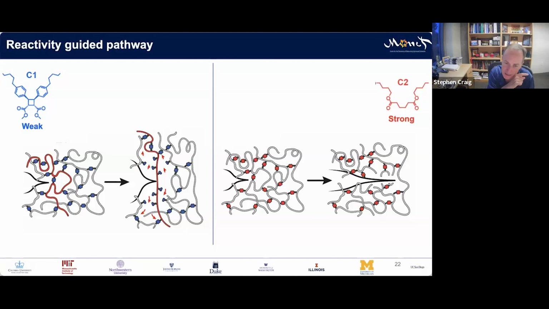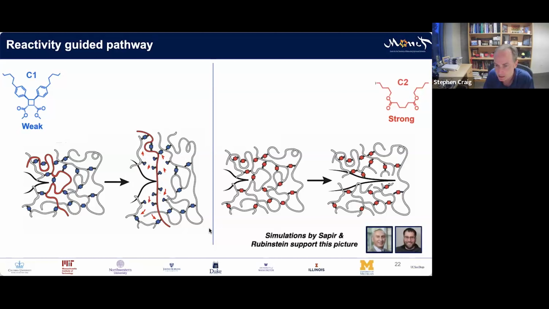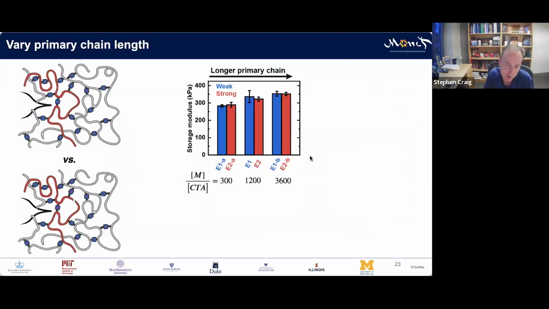In other words, it tries to go around the polymer chains instead of through them, if you'll allow me to anthropomorphize a little bit, right? And while each individual event is easier, that adds up to make tearing more difficult because there are many, many more events you have to go through. I will say that some simulations by our computational colleagues support this picture very well, but I actually like Xu's